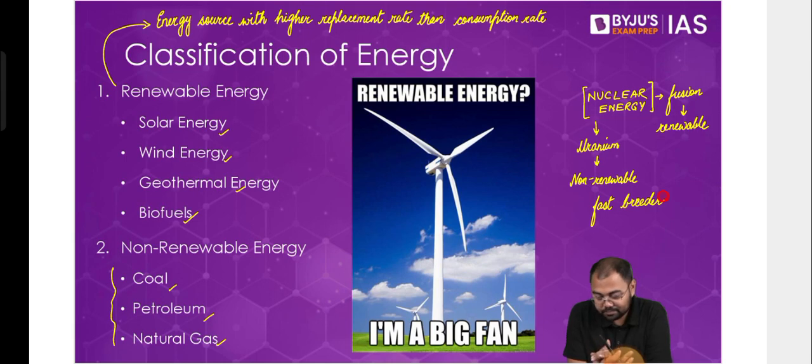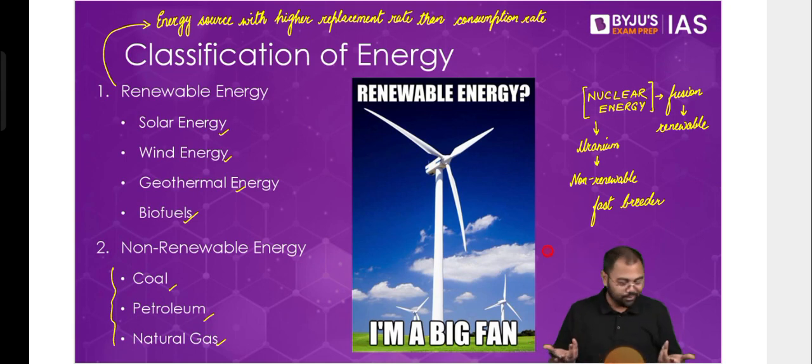And if, let's say, UPSC asks this question in your prelims examination, where they have given you a statement asking whether it is renewable energy or non-renewable energy, just run to the next question. Please don't answer that question, because we don't know the context in which they might have asked that statement. So you might mark renewable, they might think non-renewable. So move on to the next question, or as soon as you come out of the examination, just file an RTI saying that I want to know the answer. So that is the potential solution. Otherwise, I don't know what to do if such a question is asked, because frankly, if you ask me, I don't know how to classify it.